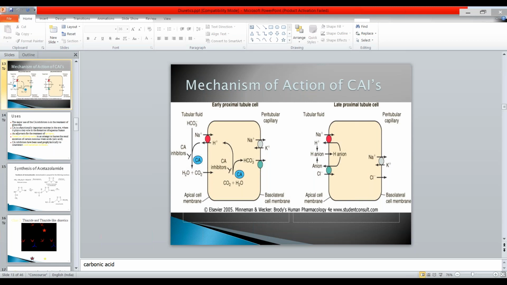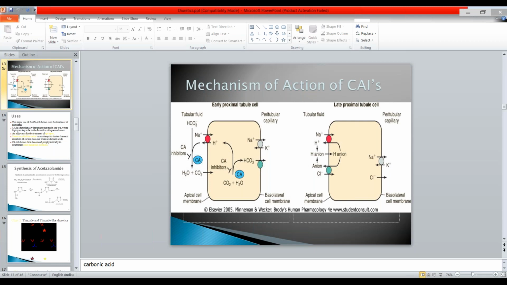Because of this effect, the body will sense that you are having a loss, you are not able to reabsorb sodium. So the body will start pressurizing sites 2, 3 and 4 for the reabsorption to happen. And when you are pressurizing the body at sites 2 and 4, in this process you are causing loss of potassium ions from the body.